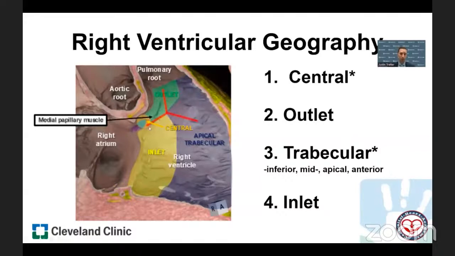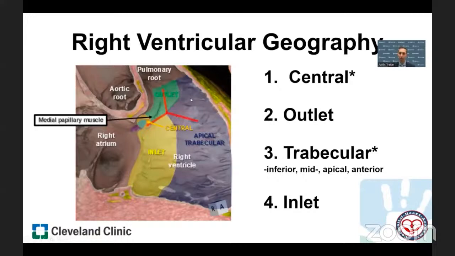The perimembranous ventricular septal defect can just involve that central area, which is near the interventricular portion of the membranous septum and some of the surrounding muscular tissue, or it can extend into the outlet, which is between the limbs of the septomarginal trabeculation out towards the subpulmonary infundibulum. It can extend to the inlet, which is the area from the hinge line of the septal leaflet down to its chordal and papillary muscle attachments.